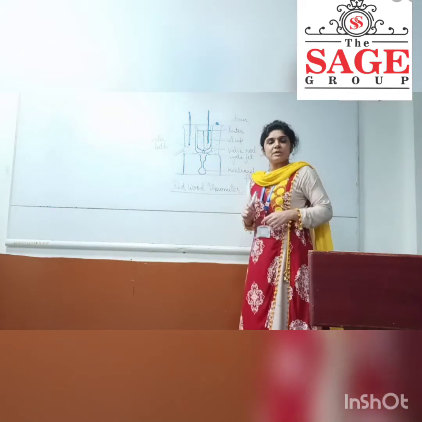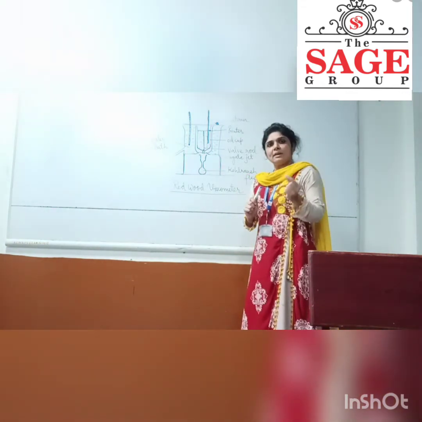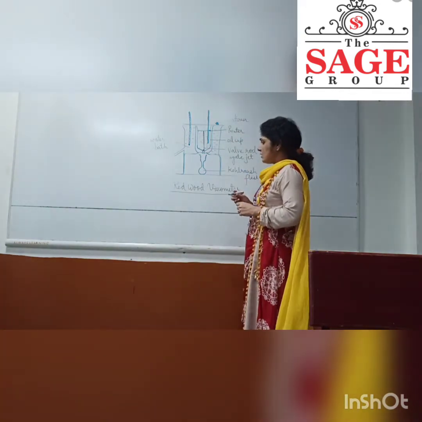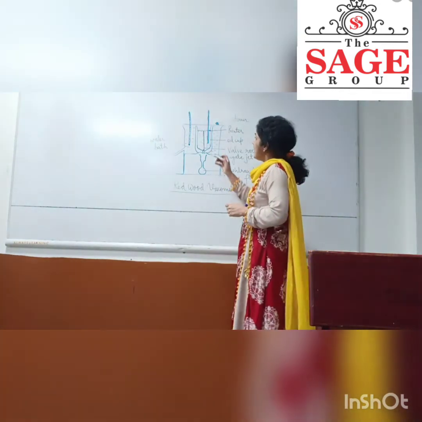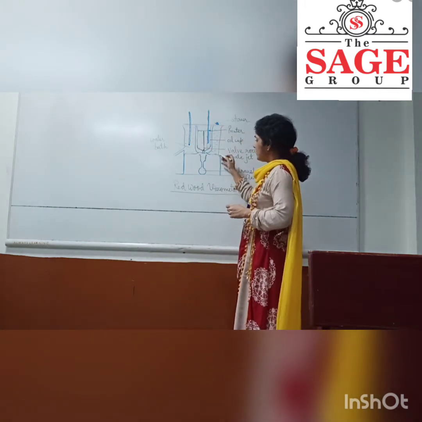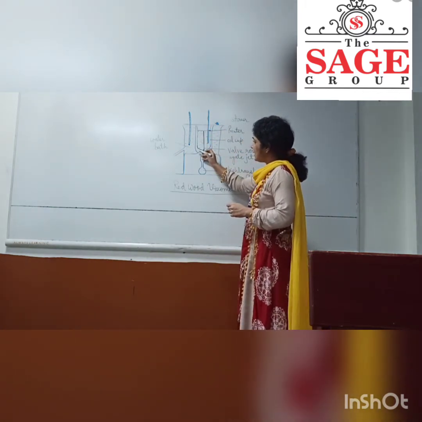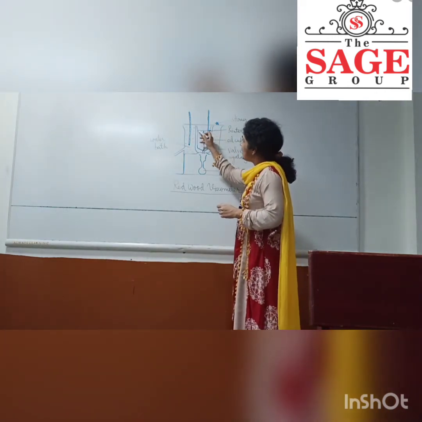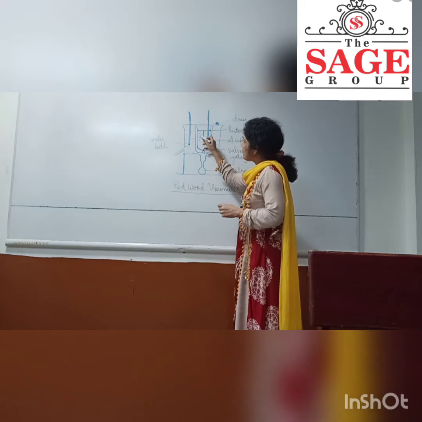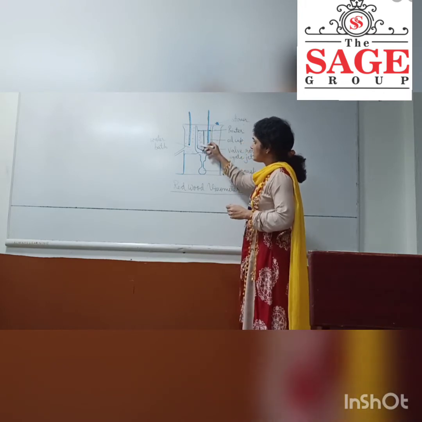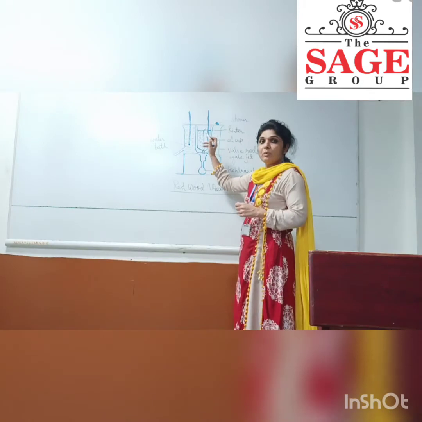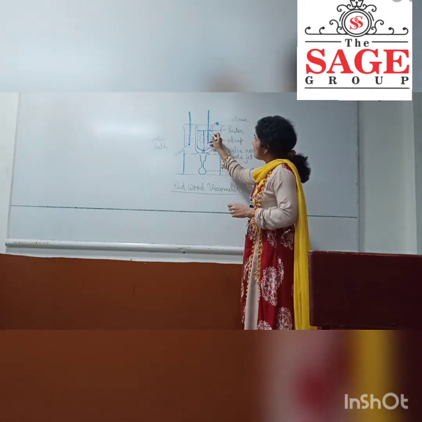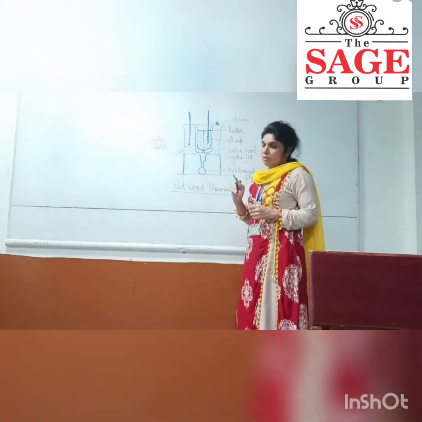Both have the same construction, with a few differences that we will discuss later. See, this is the general diagram of the Redwood viscometer. It has a large container, and inside that container it has a cup. This cup holds the lubricating oil which we are going to test for its viscosity. This is the cup in which we will pour our lubricating oil. This is the pointer up to which we have to pour the lubricating oil.